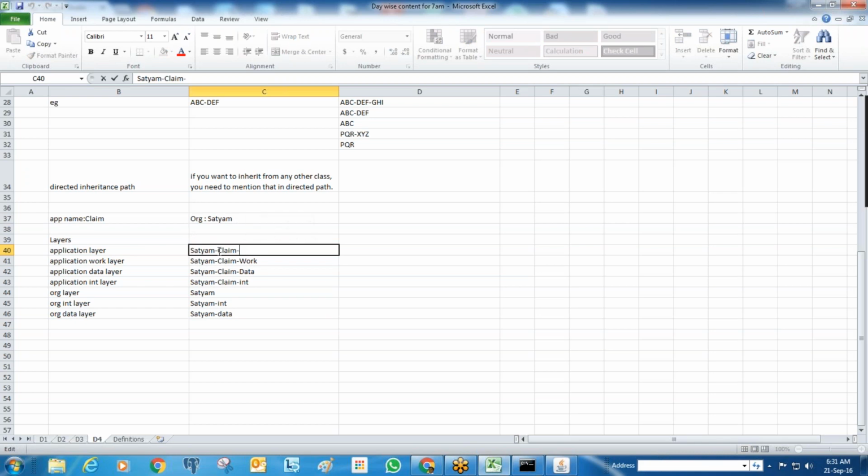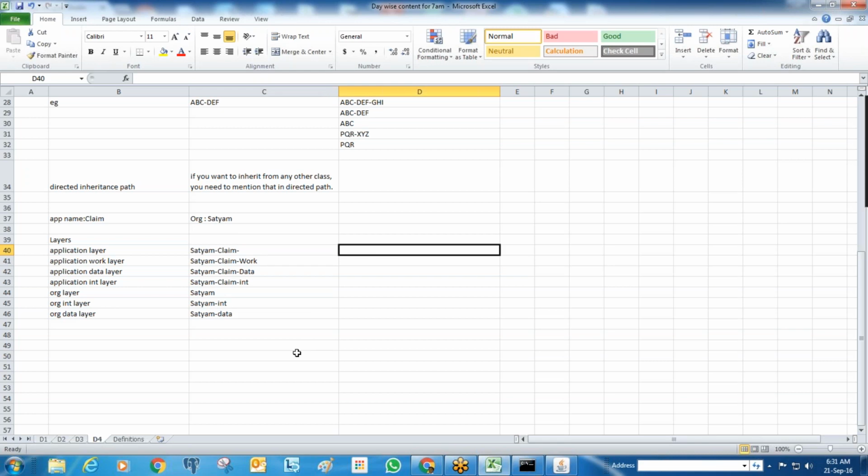My application name is Climb, but I want to use the rules from the organization layer, so Satyam is given in the front. Satyam is actually the organization layer. That means the Climb application can inherit from the organization rules.